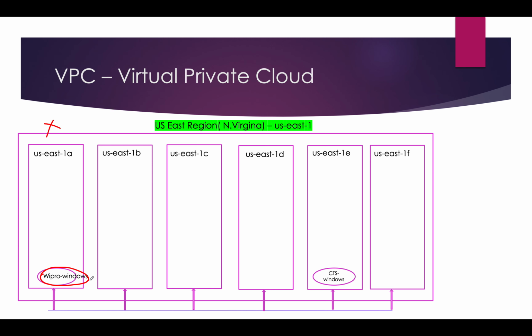Now when I talk about the virtual private cloud, here I have two challenges. The first challenge is, if I created my virtual machine here and one more virtual machine here, they can easily communicate with each other, right? Wipro can store data about CTS and CTS can store data about Wipro. There is a security issue if these two can communicate via this default configuration. Where is my security? This is my first challenge.